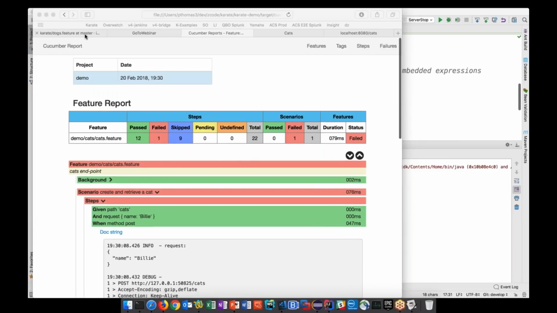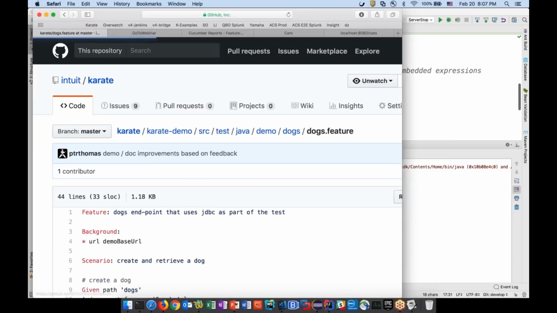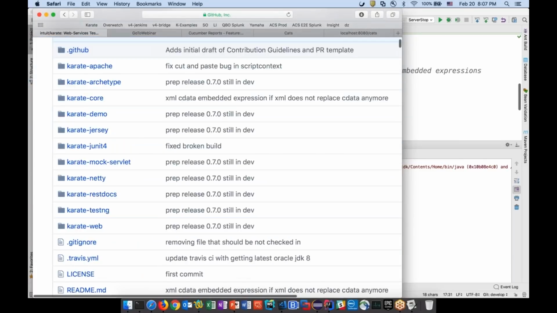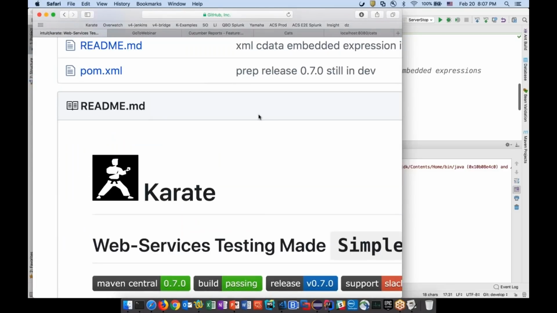Another bit of trivia is that the Karate logo is based on an old video game which some of you may be familiar with, depending on how old you are in the industry. There used to be a game called Prince of Persia that a lot of you would know. The author of that, his first game was called Karateka, and it had very rudimentary graphics like this. So yeah, there's a lot going on there.